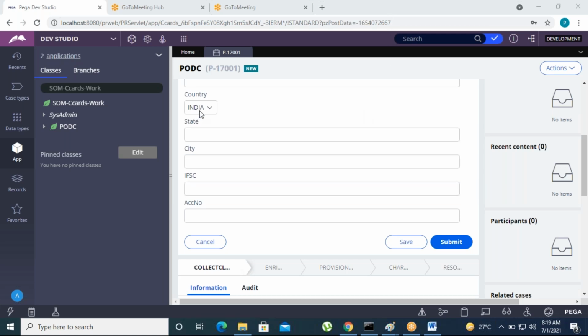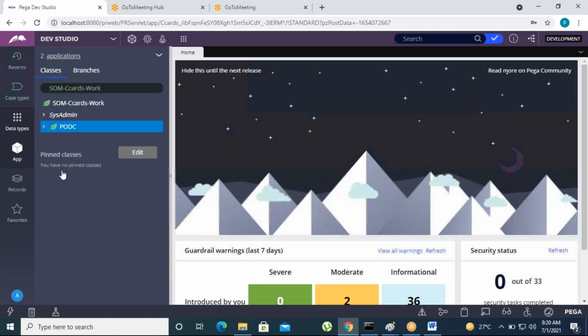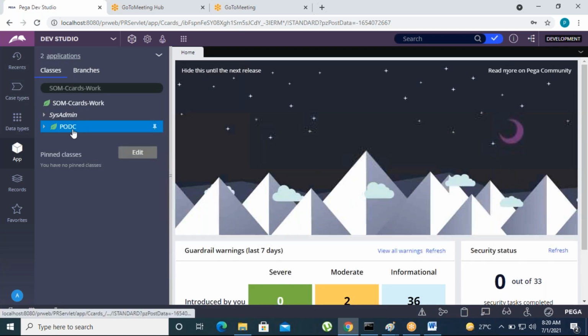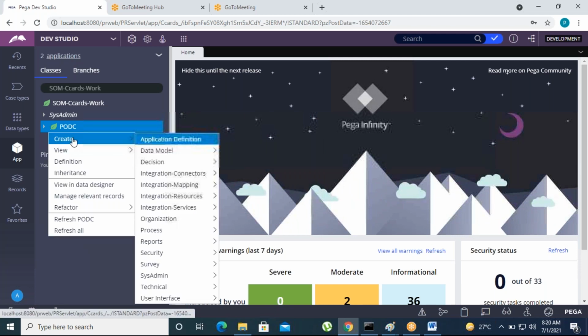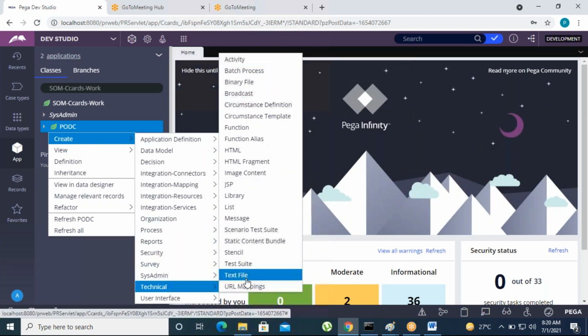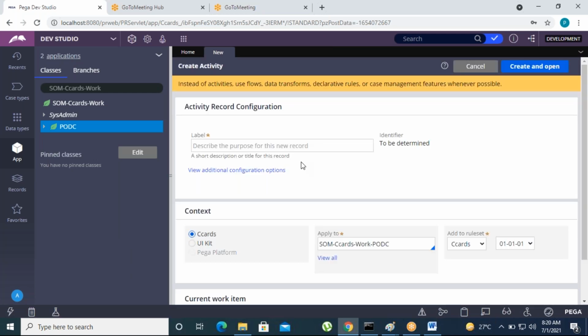So we already created countries, and let's go to create cities. We already created data tables and everything, right? Last class we already created the required data type tables. Let's go to the data type explorer and check it once. Yes, it's already done. Let's go to get the states. In the states activity, we need to pass the country as a parameter. Right click, go to create, technical, and activity. So let's create an activity now.